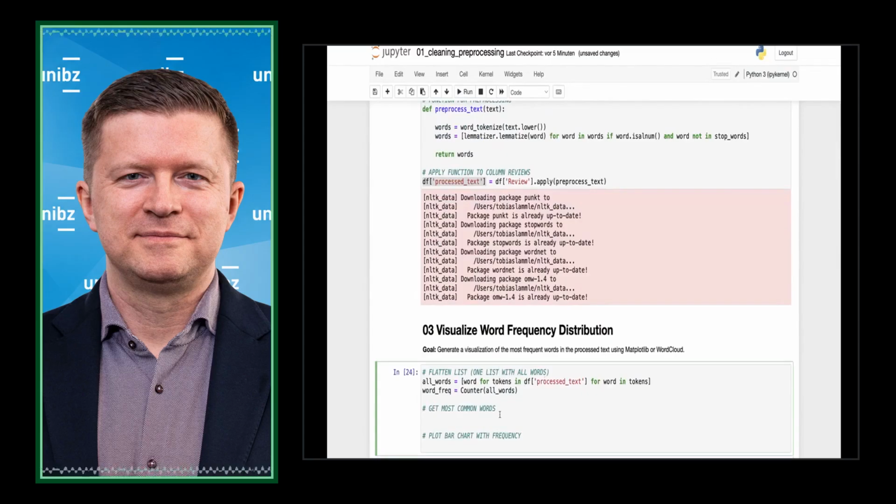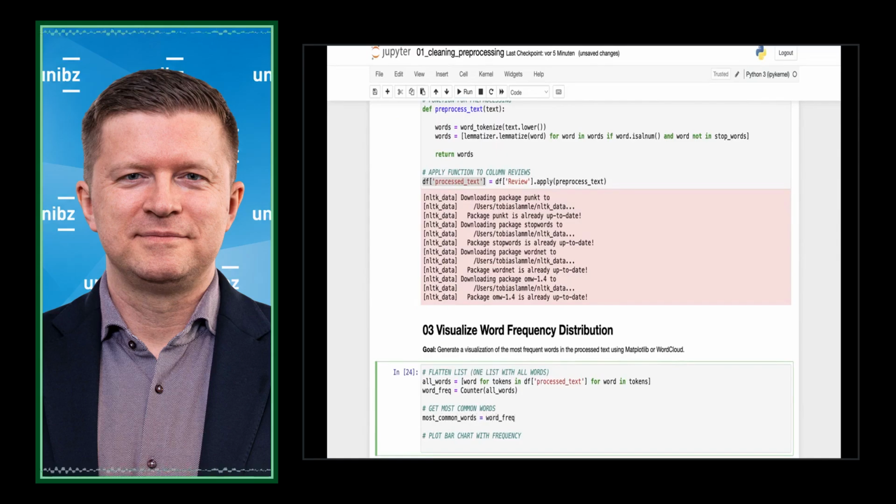Okay. But yeah, this is a large data set. Let's say we only want to get the most common words. How many do we want? Let's say 20.